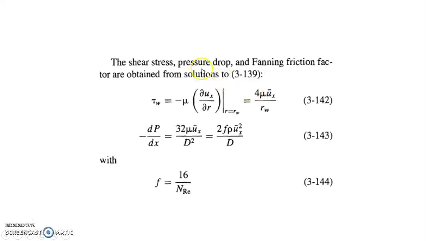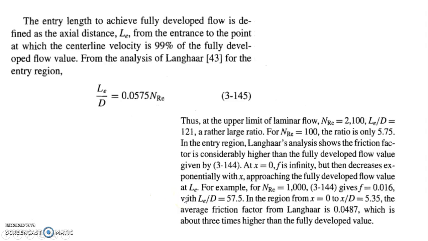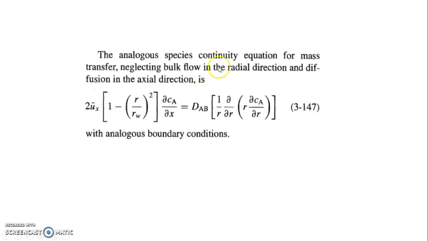The shear stress or the pressure drop and the Fanning friction factor are obtained from equation 3.139, with the condition of f equal to 16 over NRe. And Le over D is equal to 0.0575 times the Reynolds number, where Le is the axial distance and D is the diameter. And the analogous species continuity equation for mass transfer, neglecting the bulk flow. So this is the relation for an